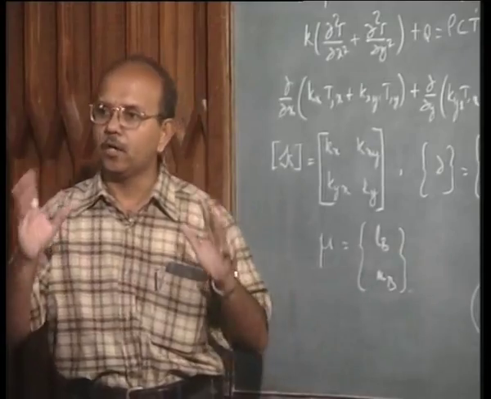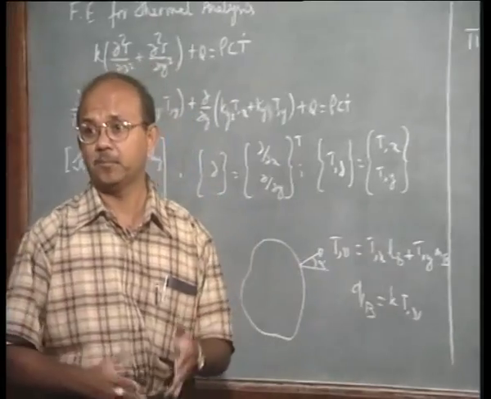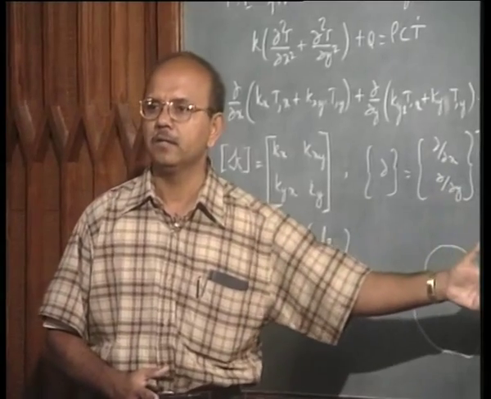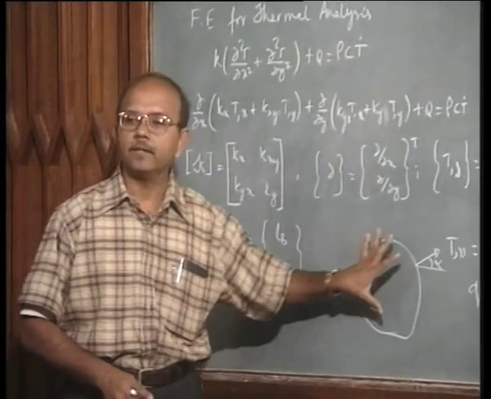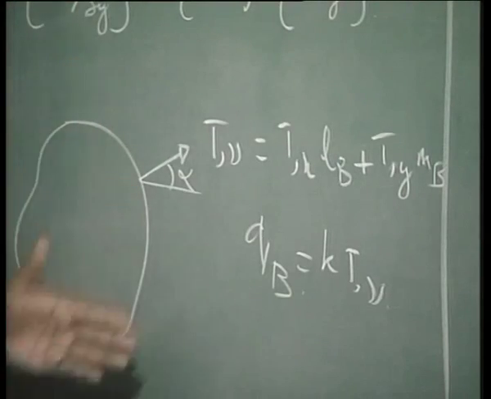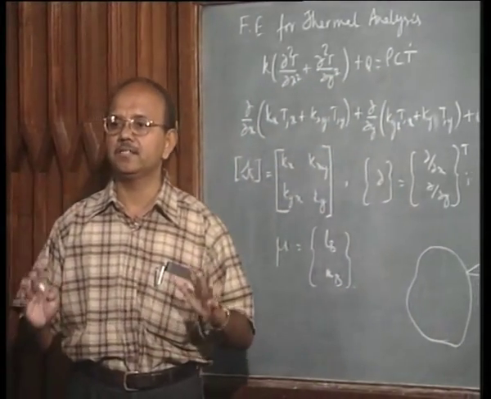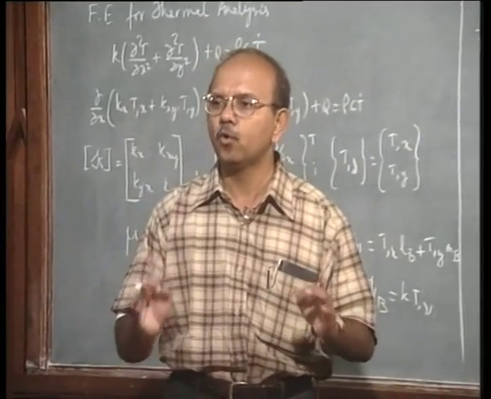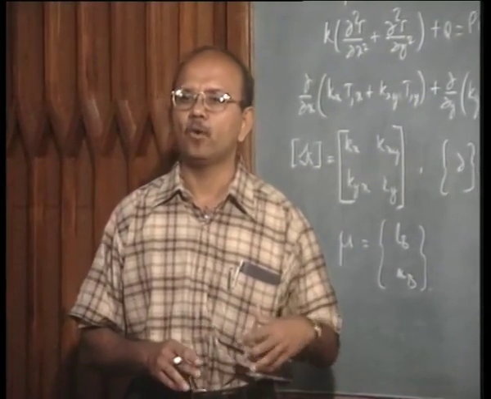You already said that the boundary conditions can be temperature or heat flux. Heat flux, say for example, I am giving it in terms of a gradient like this, K into dou T by dou nu, that is the heat flux term. Now, suppose I take a body and give the boundary condition to be only consisting of QB. Is it possible for you to solve the problem? If yes, why? If no, why not? No, very good. So, it is not possible to solve the problem only by specifying this.